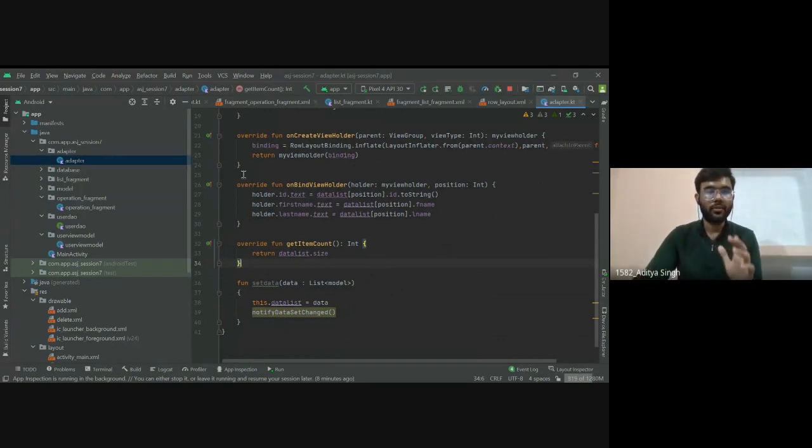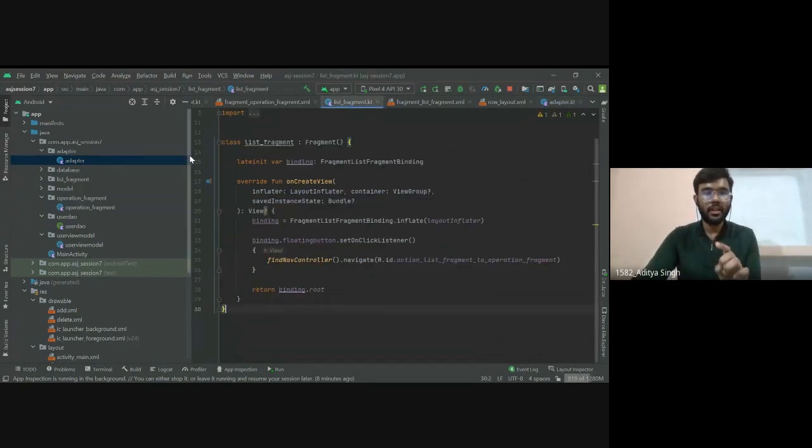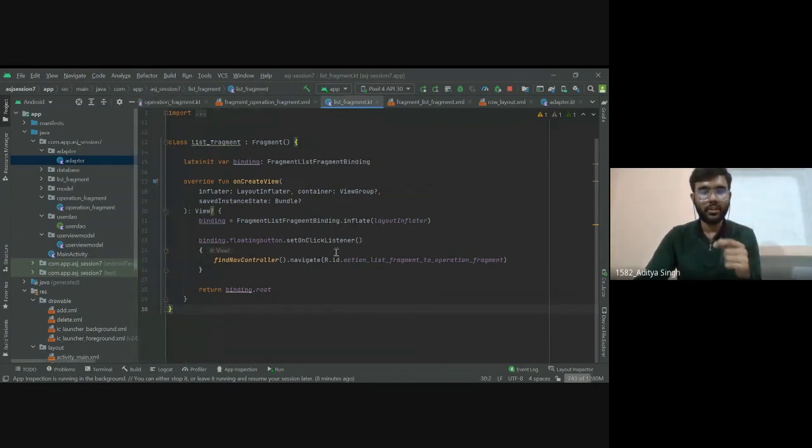Now we can go back to our list fragment, where we will write the logic for our RecyclerView. So let's write that.